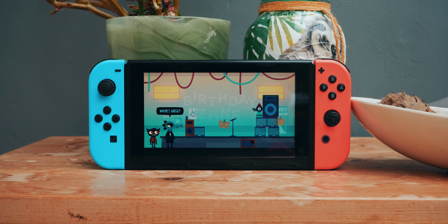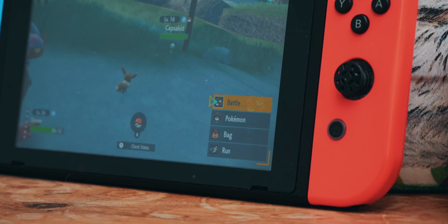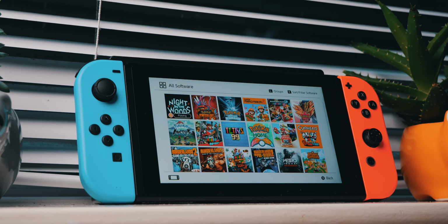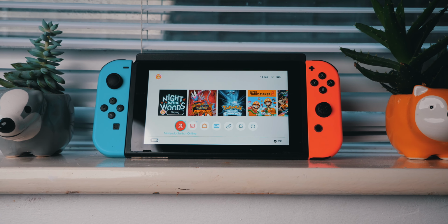Following on, we have the game selection. If you want to play AAA games like the new Call of Duty or anything too serious, the Nintendo Switch is not your console. I've tried playing some FPSs on here, but the only one I really enjoyed was Borderlands 2 because it's not too serious. That said though, in terms of casual games,